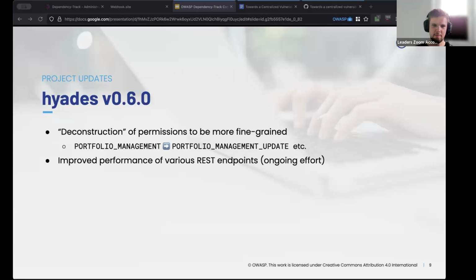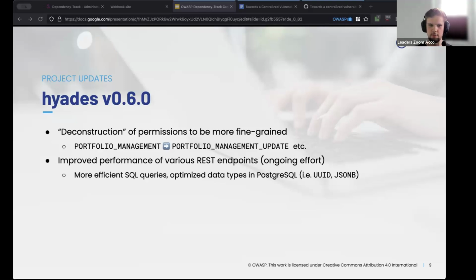We're also making more and more performance enhancements for various REST endpoints, for example, for those that fetch findings, those that fetch vulnerabilities, that fetch projects. All of those tend to get very slow and sluggish once you have tens of thousands of projects. So we're making more and more enhancements for this, either by hand tweaking the SQL queries that we use, or